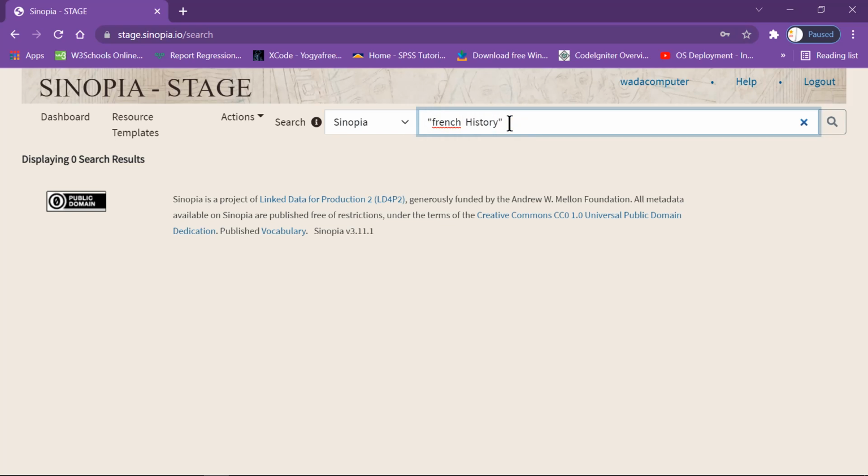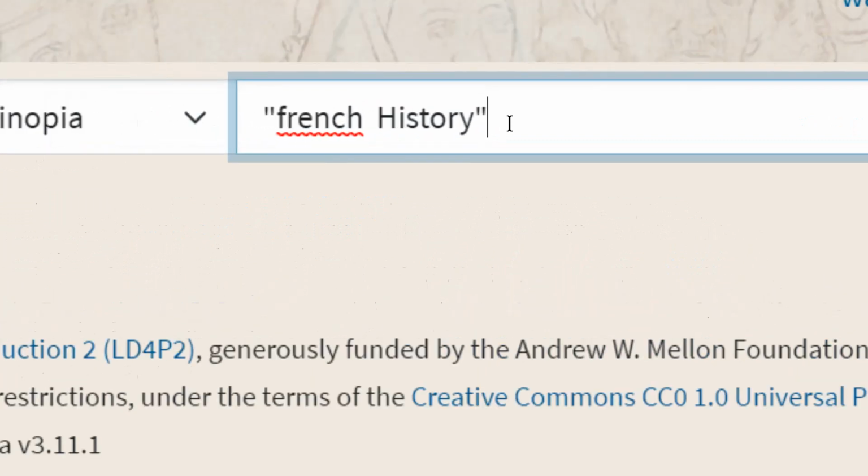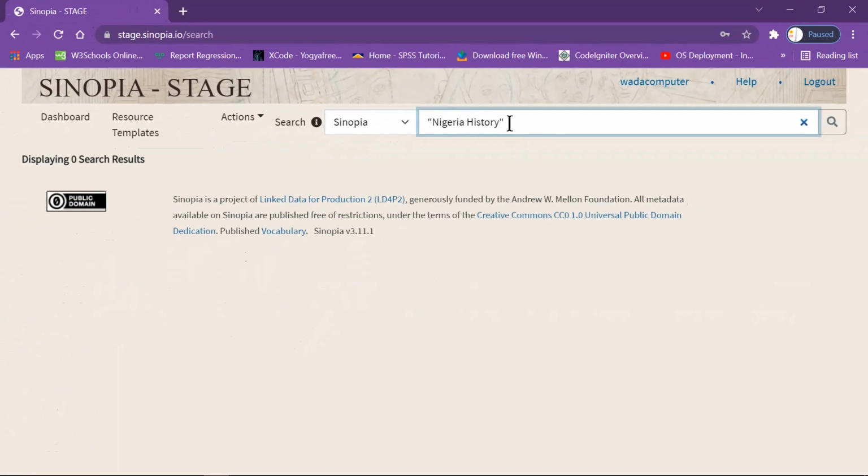But there are situations where your own case may be different. Maybe what you are looking for is Nigerian history. Let me delete this. Let me type Nigerian history and press enter, and see if I get any result. There's no result, so no information has been entered. You know, this is a developing, practicing environment. So many different things have not been entered yet. But there are situations too